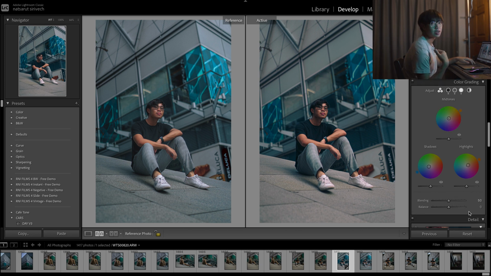Then the balance for the color grading is gonna go towards blue, so about -15 should be enough. I'm gonna decrease the orange a little bit on the highlights because it's kind of overtaking the blue, so I'm gonna pull it back a little bit.